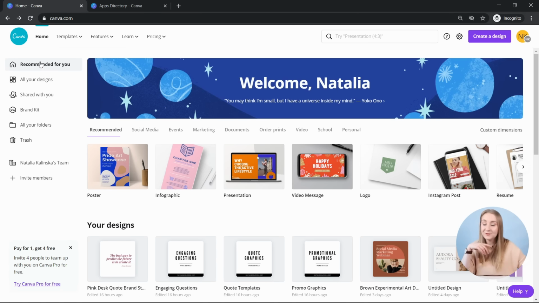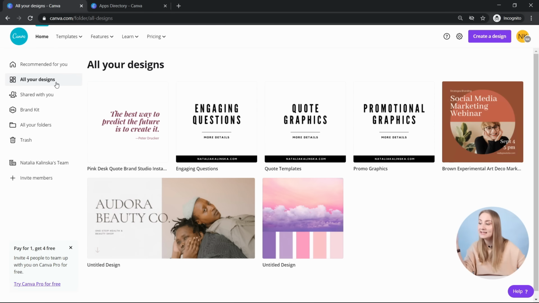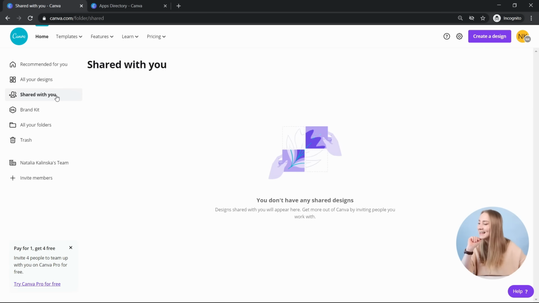Next, we go to the left bar, and first off, you've got the Recommended for you, which is the homepage with the recommendations that I'll go through in a moment. Then you can see all your designs at a glance. So this is what this tab is for. It's very, very useful, and I'd say this is probably something that I go to straight away after opening Canva because I sometimes like to refer to previous designs or templates or different things of that nature, but again, I'll explain that later. Then there's Shared with you.